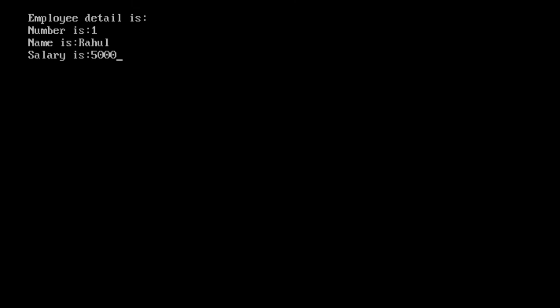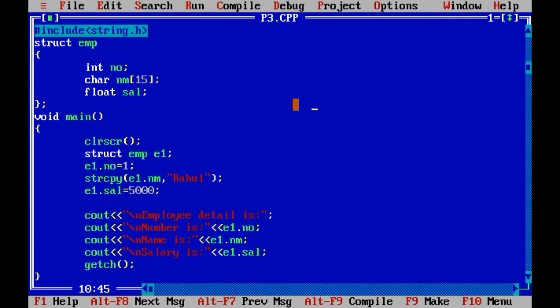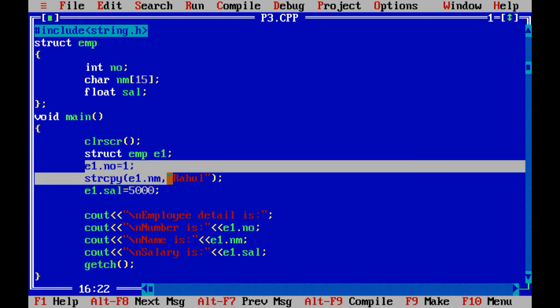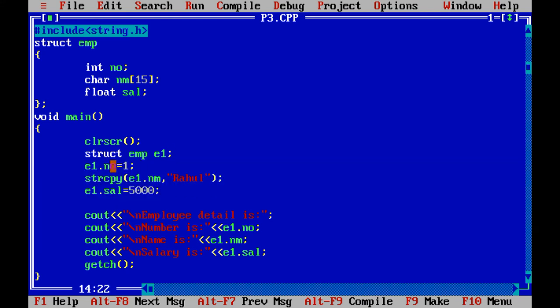As I have told you, the output would be the same for all the 3 programs, right? The way in which we pass the data would be different in all the 3 programs. In the first program, when we define the variable e1, at that time only I have passed this data. At that time I have not specified e1.number, e1.name, e1.salary. But by using double curly brackets, I have passed the values inside the structure.